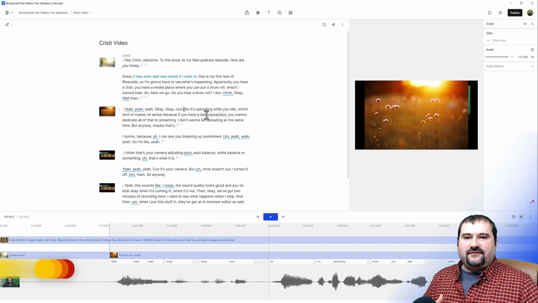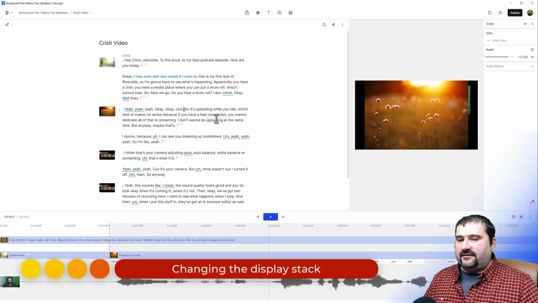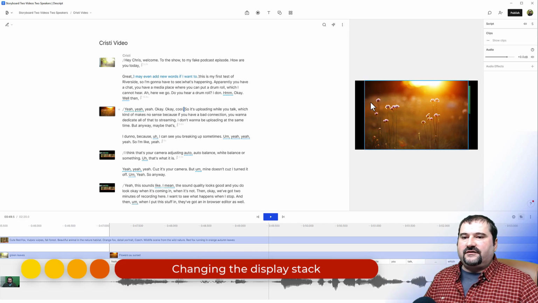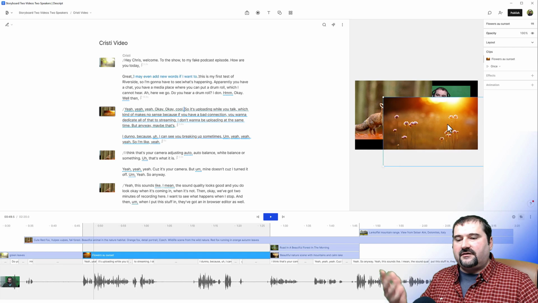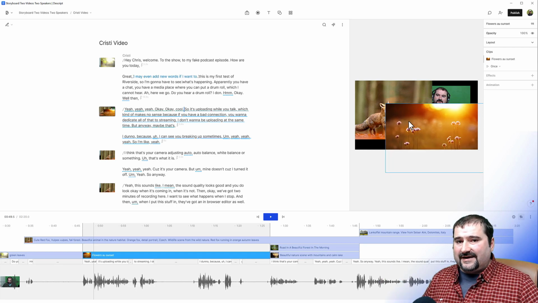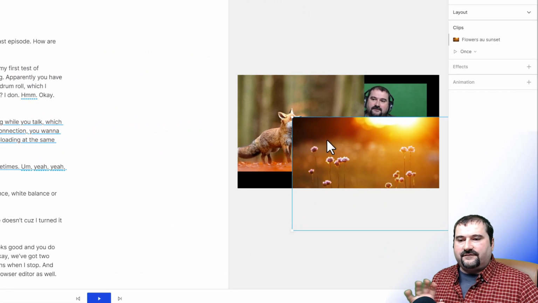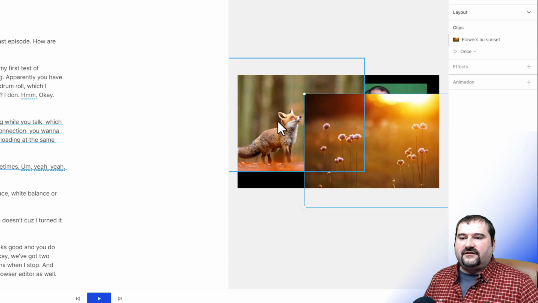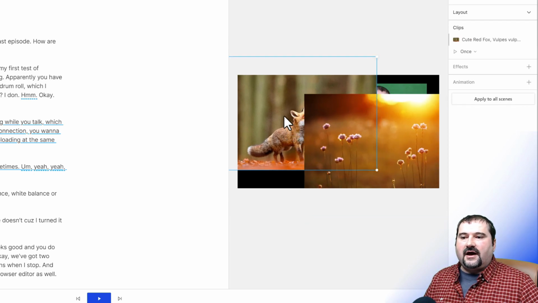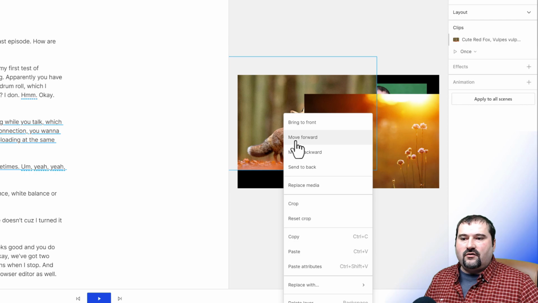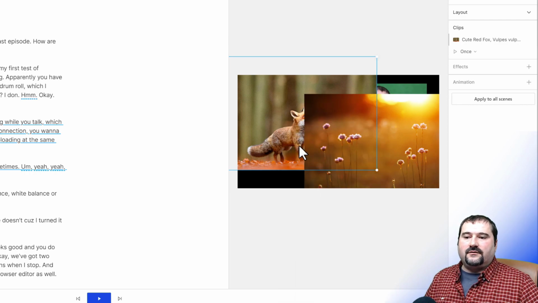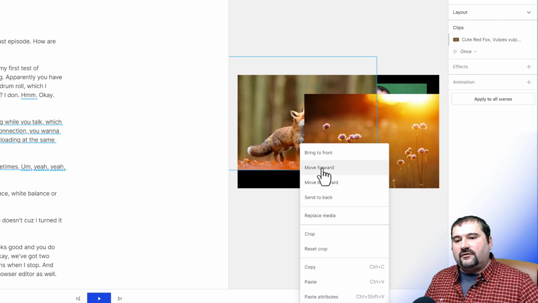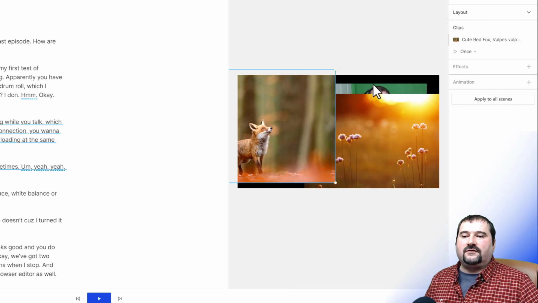One thing I mentioned before, when I spoke about the timeline, may be a bit confusing now. How can I move something in front of something else? Very easy. On your canvas, this is what that area is called, the video editing area. On the canvas, if I want to move this picture in front, I just right click on it and say move forward, like this. Or you can move it all the way back, or all the way to the front. Move forward, move to the front, all those things, you can do them right there.